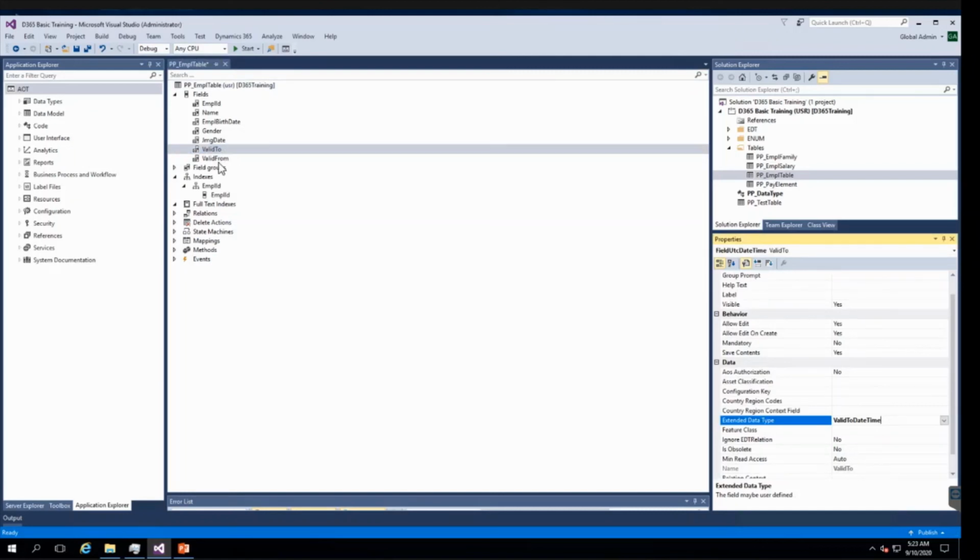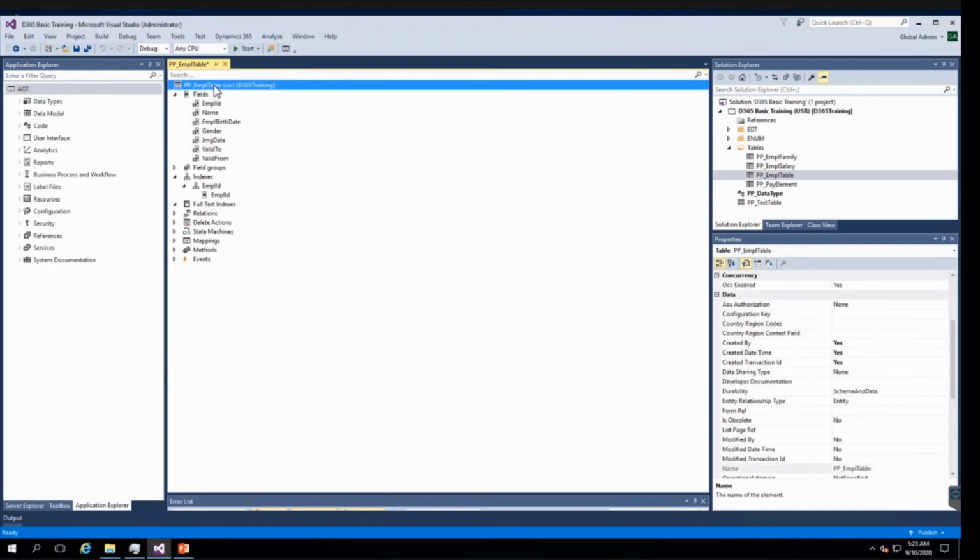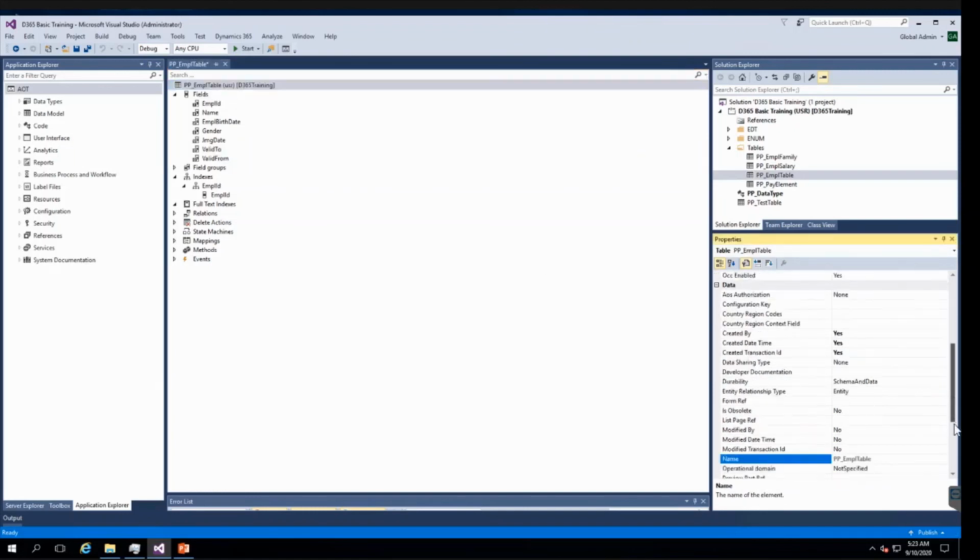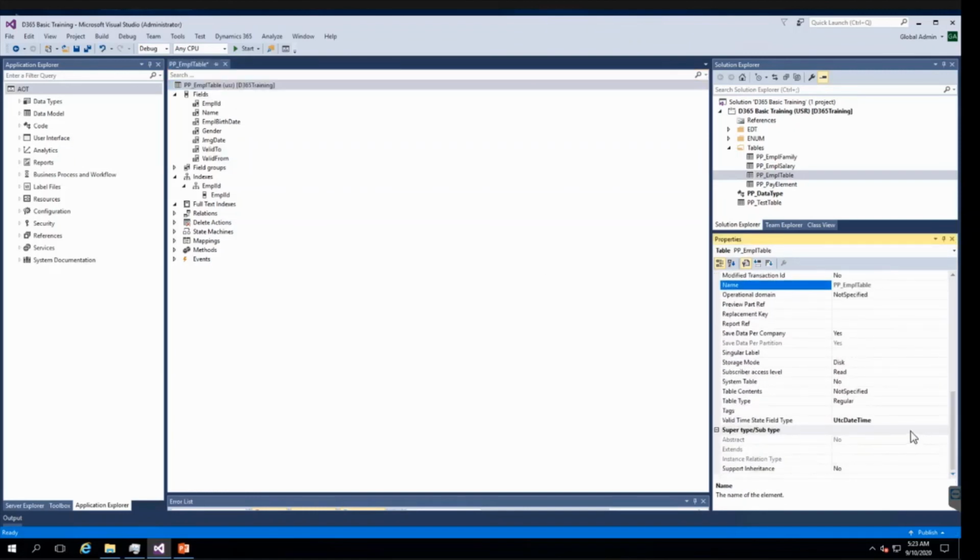So this is a very important property. Here the system will automatically prevent overlap between the date ranges in these two fields among the rows. This is generally used in trade agreement type forms. In this case it is not required, so I will make it none.